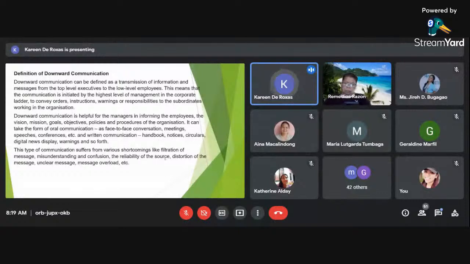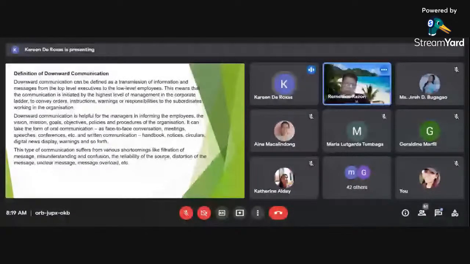Pero meron din tayong mga shortcomings dito katulad ng filtration of message. Meron din tayong misunderstanding na hindi naman sinasadya ng ating superior na masabi yon, pero sa atin iba yung meaning. Yun yung mga shortcomings pag nasa downward.